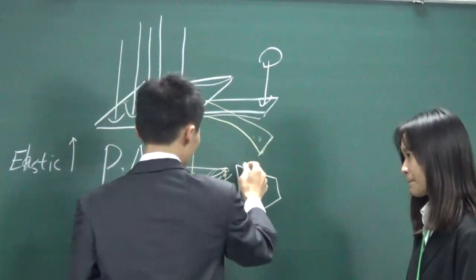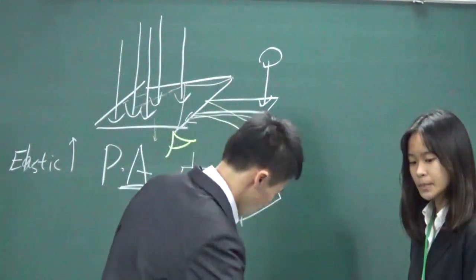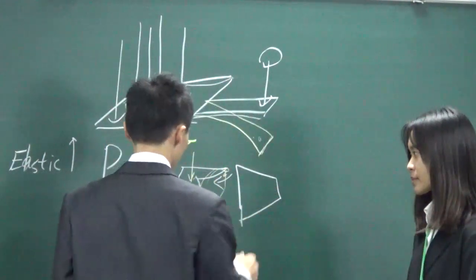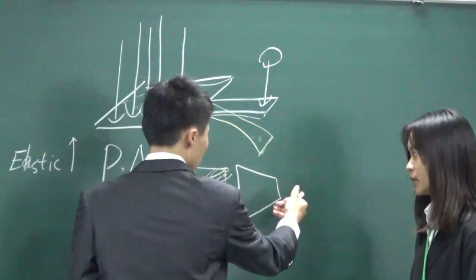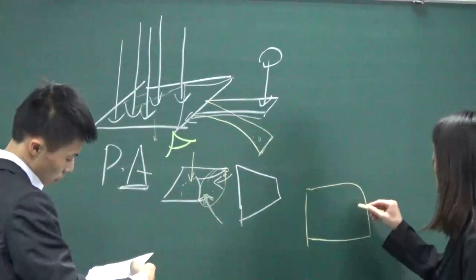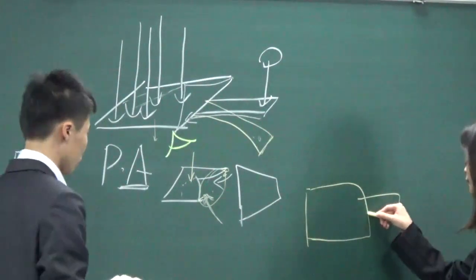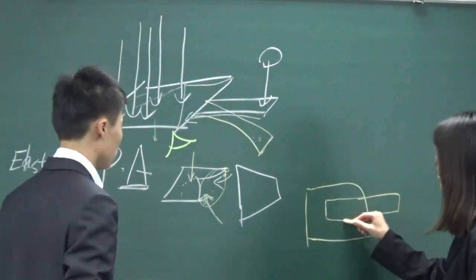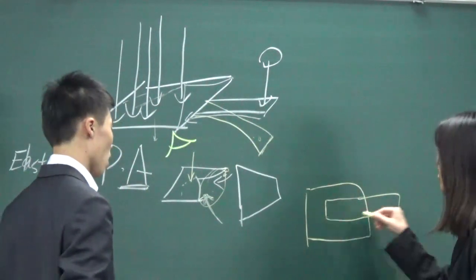Yes. So it might be the distribution of the air pressure. Can you describe it? This is your paper and this is your ruler. If your ruler length is close